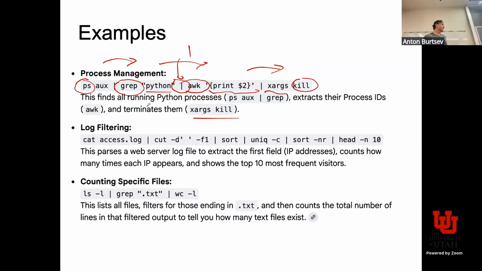And you say, that's pretty cool because none of these commands is designed to kill, besides kill itself, but kill can only kill one process, like kill process ID, right? And this tiny language allows you to say, I will kill everything that has Python in the name. It's kind of cute. You can do all sorts of things. So this one parses the web server log file to extract the first field, the IP addresses, and counts how many times each IP appears and shows the top 10. So here is the top 10, sorting, checking for uniqueness of the IP, this cuts the field, and this just accesses the log, right?